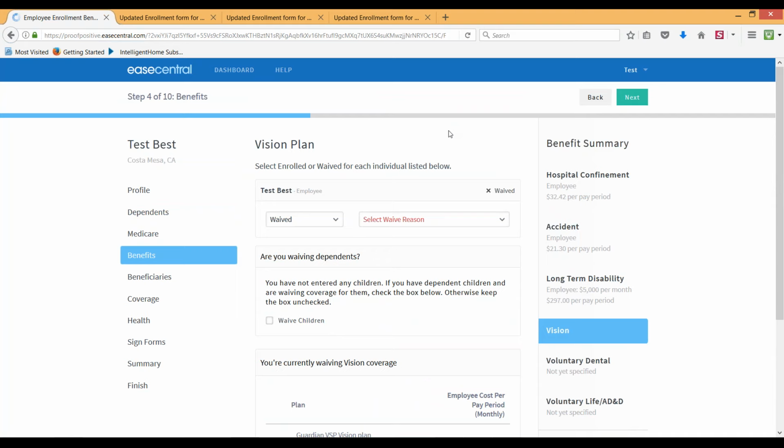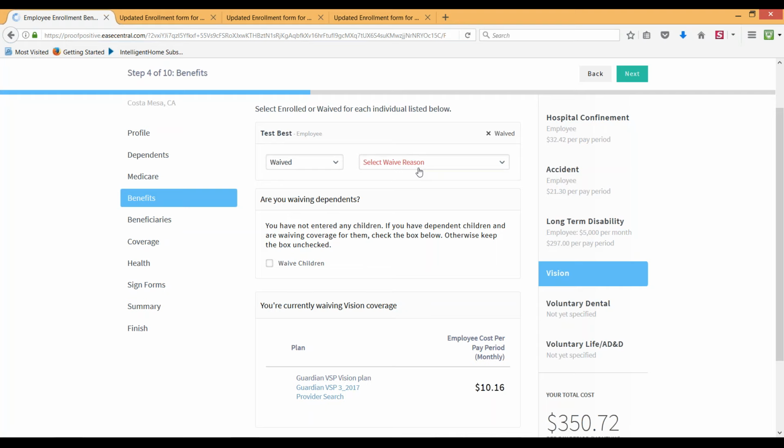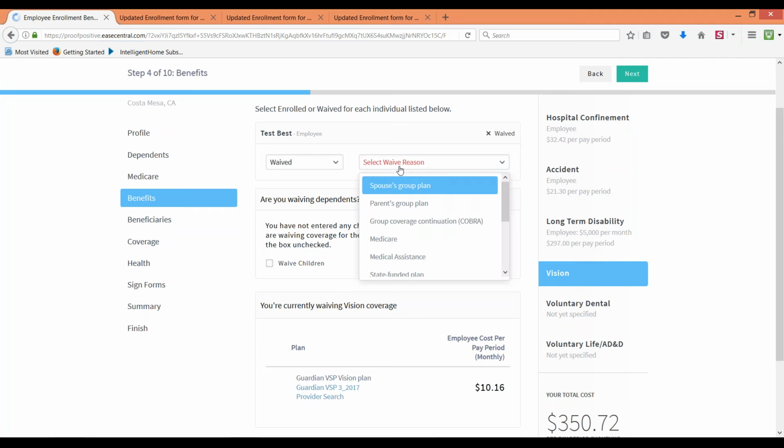Okay, so on the next one, we're here at the vision plan. So this is a little bit easier to explain. To once again get into the idea of how you waive things, if I waive the vision, no big deal. At open enrollment next year, I can always go ahead and get the vision again. So it's not horrible if I don't select the vision. But if I do that, and I'm not going to do it for me or one of my children, it's going to ask me why.